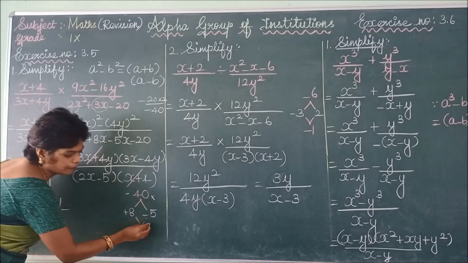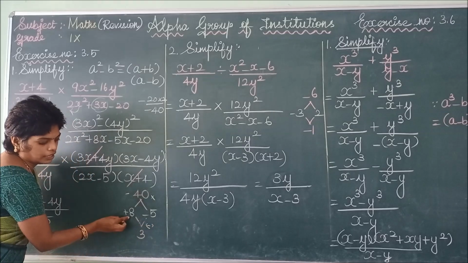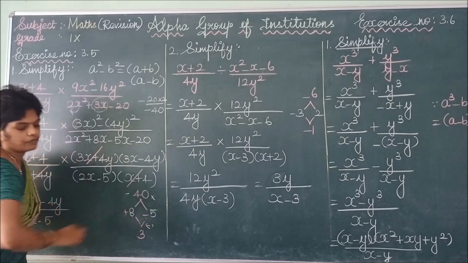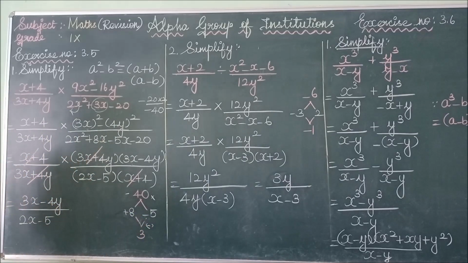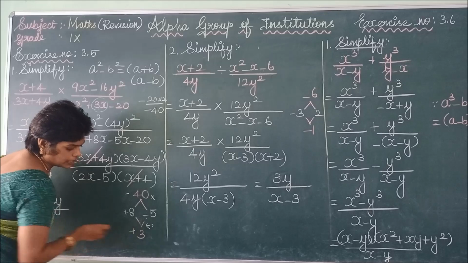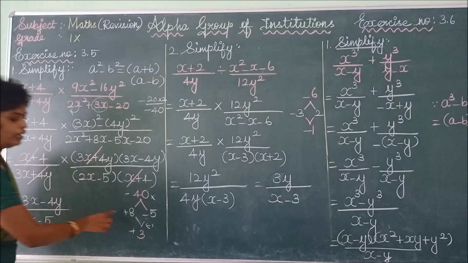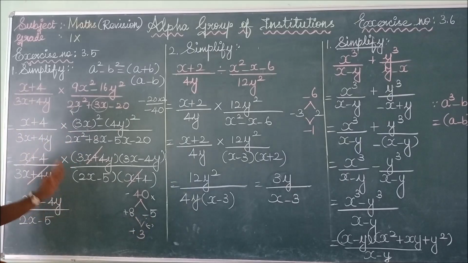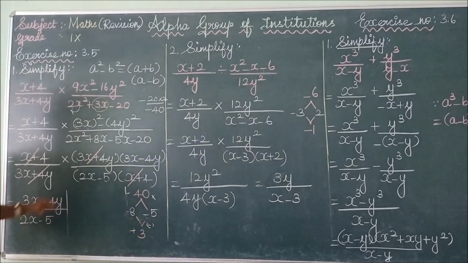This is multiplication. Now we are subtracting here. This is plus 8, this is minus 5. The operations are different, so you subtract the values and put the sign of the bigger number. The bigger number's sign is what? Plus is the sign of the bigger number, so you put the plus sign. 8 minus 5 is 3. Using this, now we can find the factors of the polynomial.